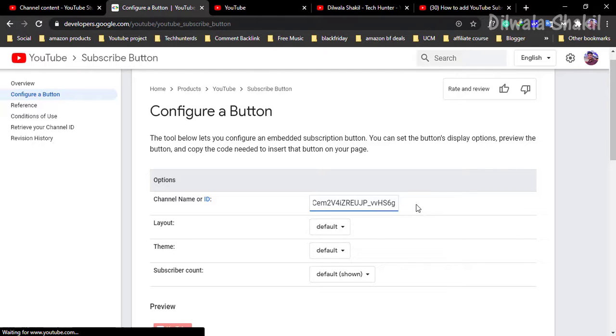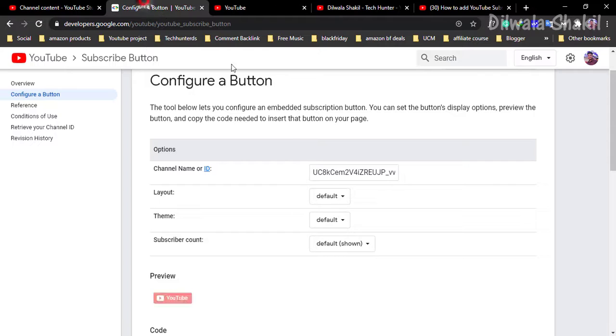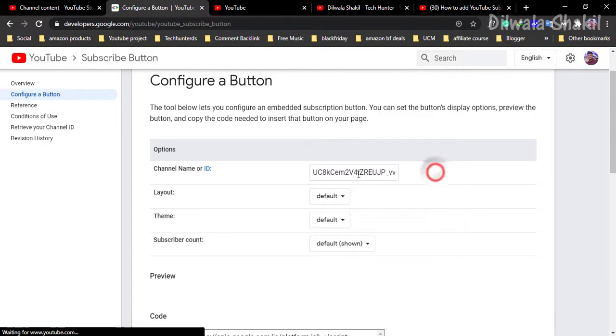The second option is to simply click on ID and you will be redirected to the YouTube advanced settings page. Here you will see two different codes. The first one is user ID and the second one is channel ID. You need to copy the channel ID. After copying the code, come to this website and paste it under the channel name or ID option,